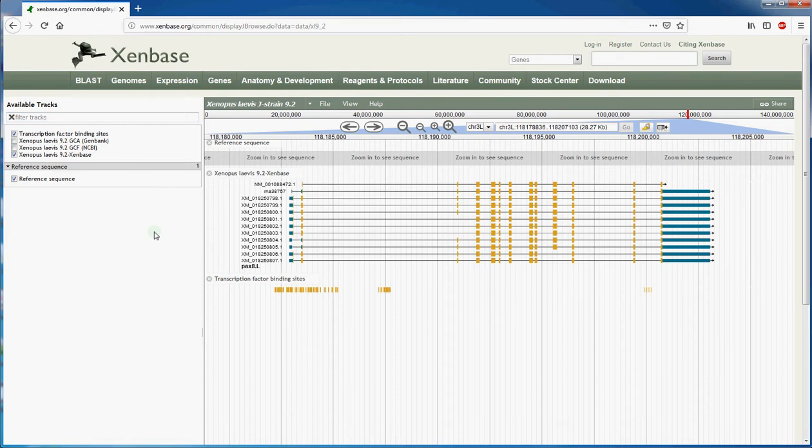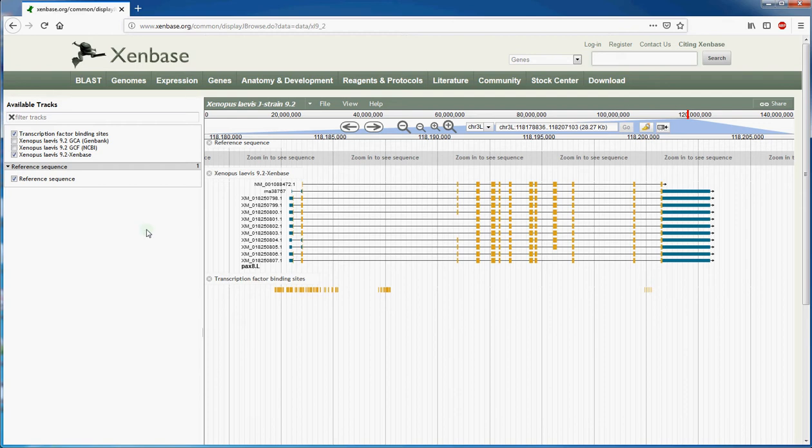Sometimes, while viewing some of the tracks that we have here on Xenbase, you want to see how your file might look, your analysis that you've done. If you've produced a bigwig file, bed file, BAM file, whatever you've done, you want to see how it looks on Xenbase here next to our tracks. Now, as long as you've produced it and it's aligned to one of the genome versions that we have, it should display properly. So for example, if you have one produced for latest version 9.2